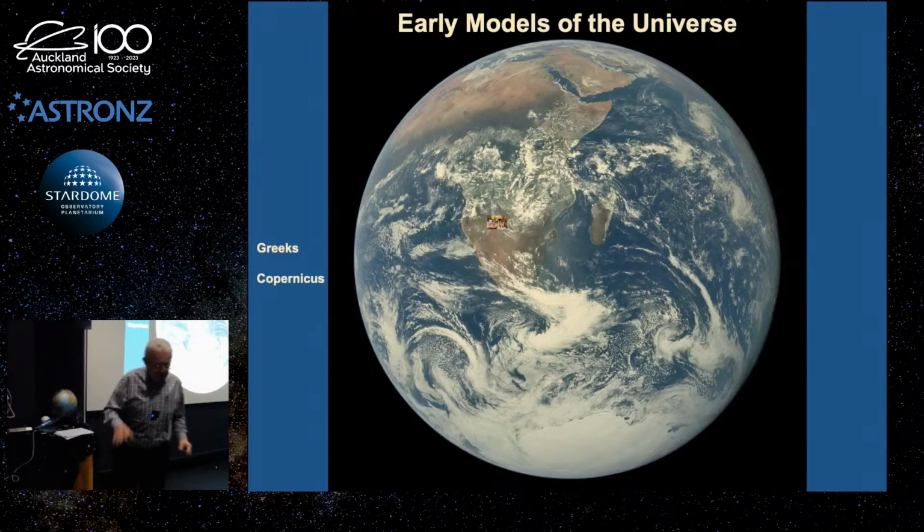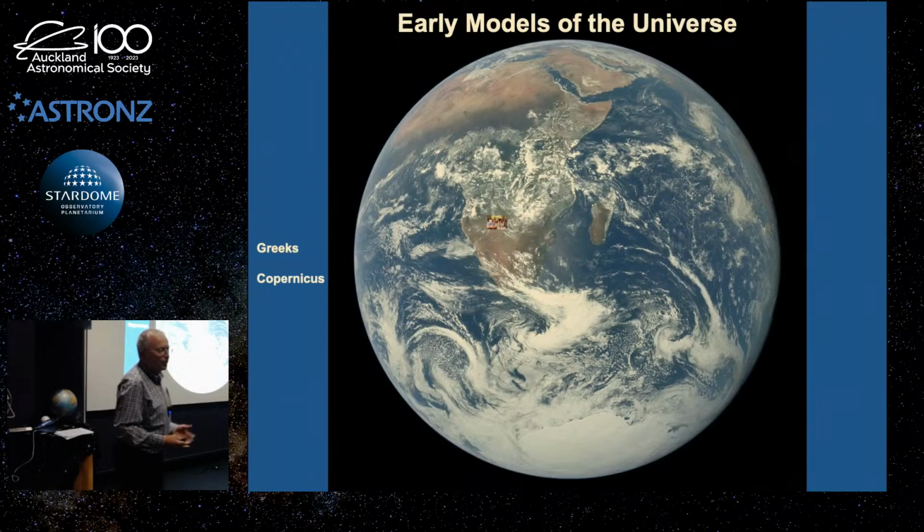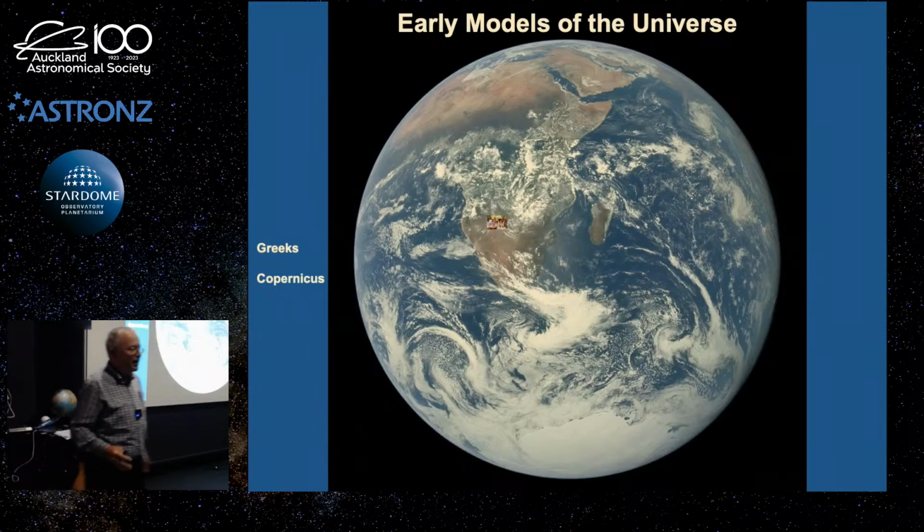But despite this complex array of circles within circles, they still stuck with it for about 1,500 years. Because it was in the mid-1500s that a Polish mathematician by the name of Nicholas Copernicus first had the insight to realise, hey, there's a simpler explanation for this. You put the sun in the middle, have the Earth and the planets going around the sun, and the same with the stars, called a heliocentric model of the universe. That explains everything. But even in his day, that was considered heresy. And of course, he didn't release any of his papers with his ideas until his deathbed. Literally, the day he died, he then had the courage to release this information.